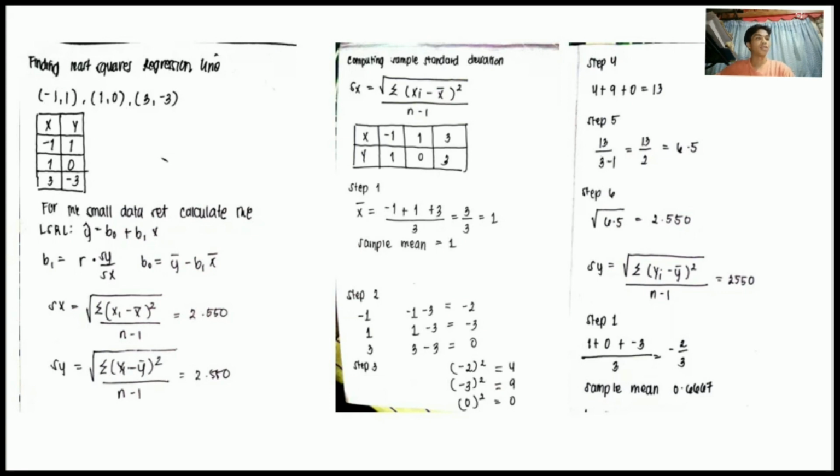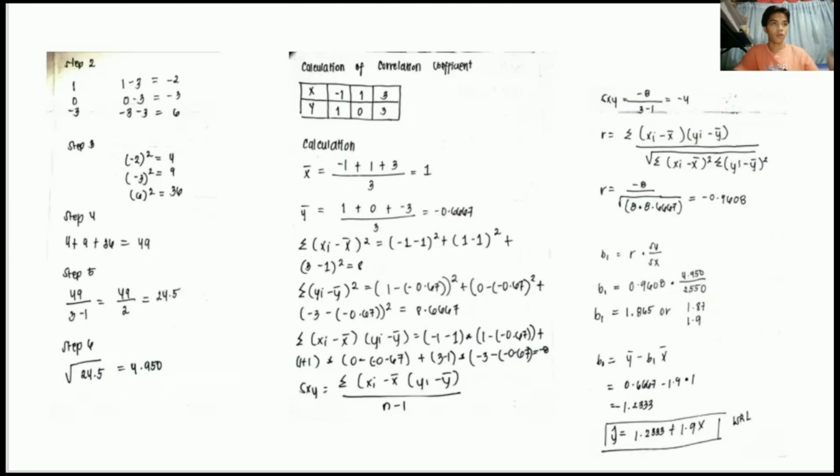So it will be 13 over 2, which is equal to 6.5. Then for our step 6, we have the square root of 6.5, which is equal to 2.550. Since we have done our step 6, we're now proceeding to the calculation of the correlation coefficient. For our calculation, we need the x mean, so it must be negative 1 plus